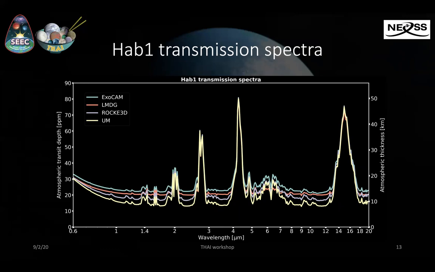And so this is very interesting, because if you remember, at the substellar point, I said that LMDG has much less cloud because of its convection scheme, and ROCKE-3D actually produces a lot of clouds, but that does not look like that at the terminator. So to me, what matters at the terminator would probably be more the stratiform clouds here, and so LMDG ends up being more cloudy at the terminator than ROCKE-3D.